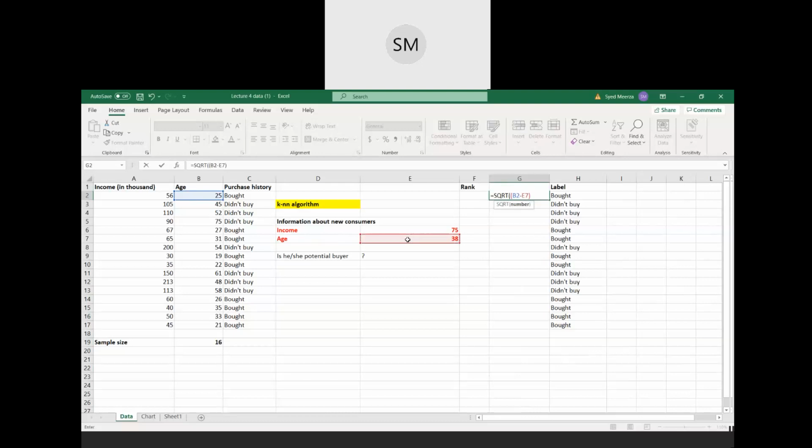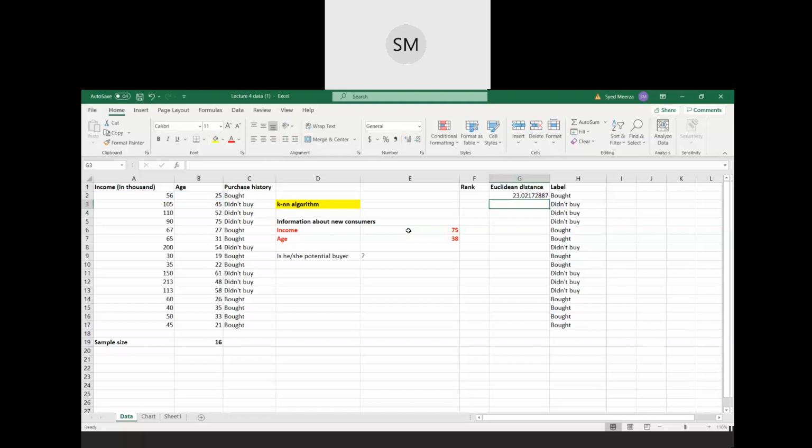Close one parenthesis and square it, plus open another one, and now I need y. Y is the income, right? So first consumer's income, that is this one, 56,000, minus my new consumer income. Okay, you can close the parenthesis, square it, and then close the whole parenthesis. Enter. So that's my Euclidean distance,